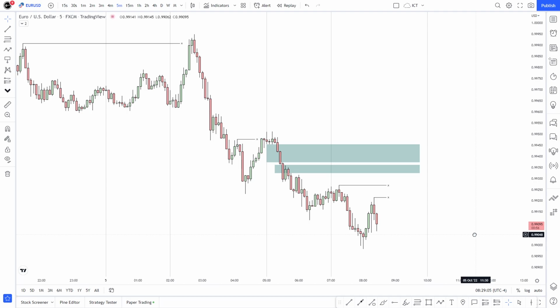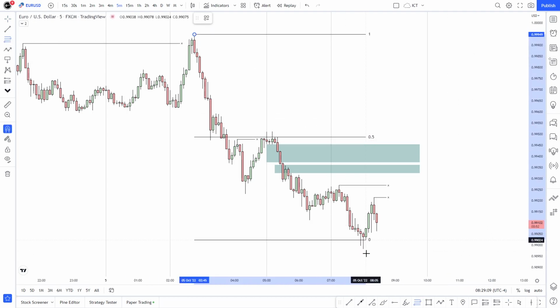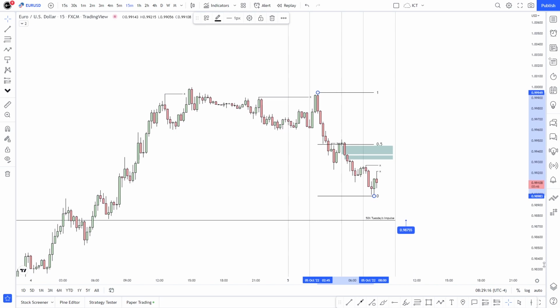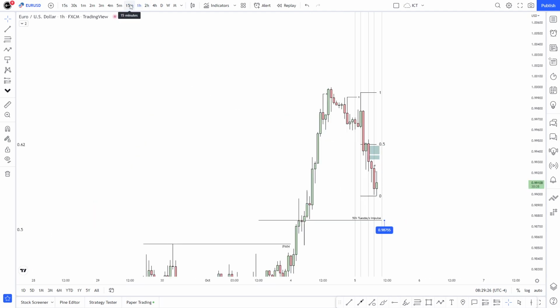A couple of scenarios. And was I looking at it like this? No, I was not. How was I looking at it? From this high, but what? No. So I'm guessing I'm not expecting this high to be taken then. Okay, 1 hour probably has one. Yeah, but it's mitigated right there.